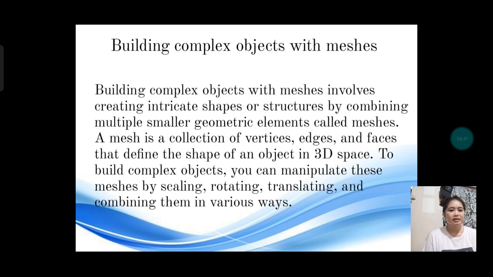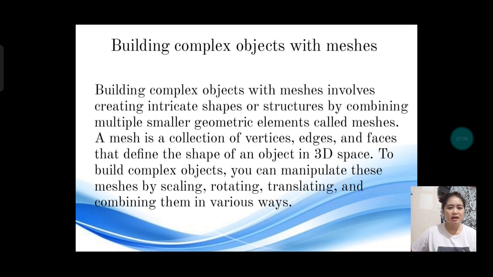Building complex objects with meshes involves creating intricate shapes or structures by combining multiple smaller geometric elements called meshes.